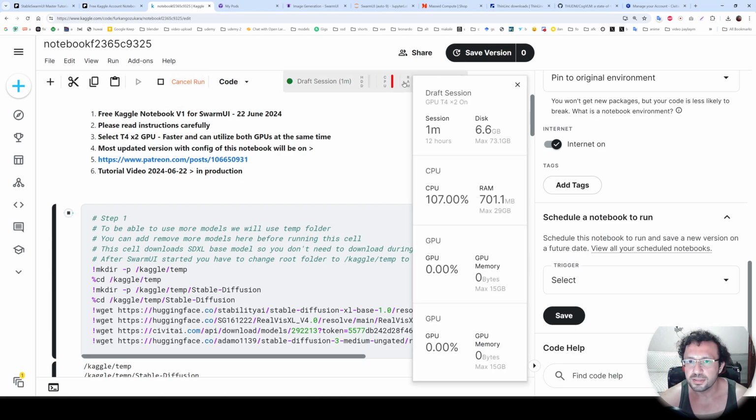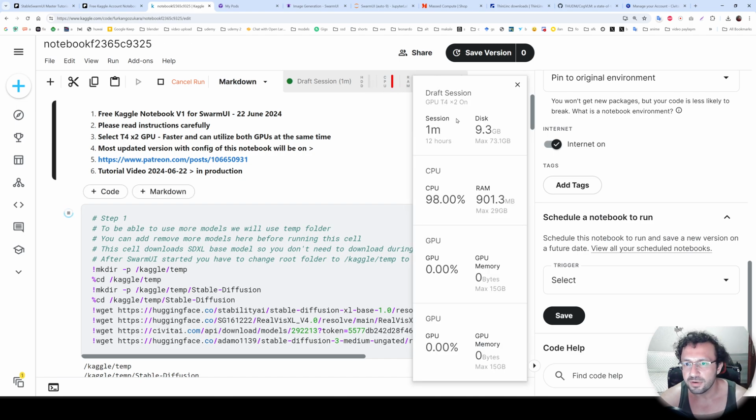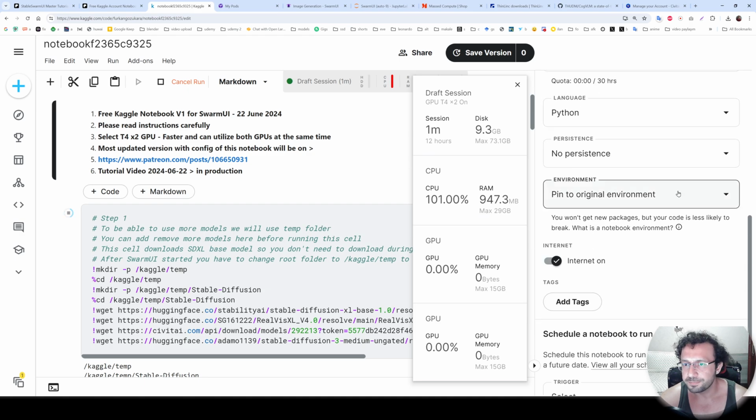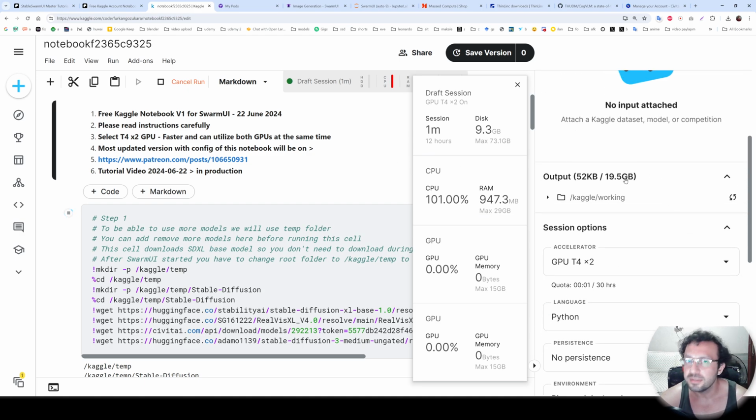Also, when you click here, it will show you how much disk space you are using. This is showing a max. So it includes your temporary disk space as well, and we are downloading models onto the temporary disk on Kaggle, because the main disk space they give us is much less. We can see here the main disk space is 20 GB, however it gives us around 50 GB of temporary. And we have 2 GPUs assigned to us.